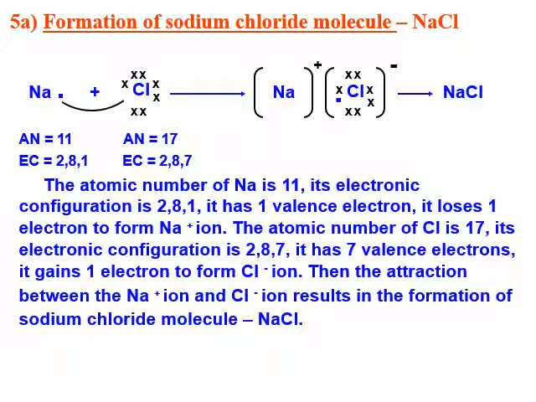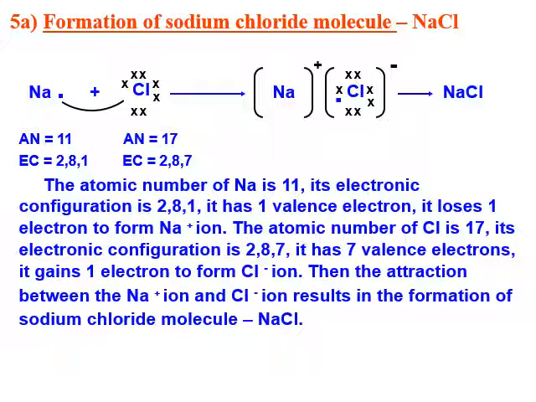When the reaction happens, sodium loses its one outermost electron and attains the configuration of 2, 8, and chlorine accepts 1 electron and attains the configuration of 2, 8, 8. So sodium forms the positive ion, and chlorine, by accepting the electron from the sodium, forms the chloride or negative ion, and the common salt formula is NaCl.